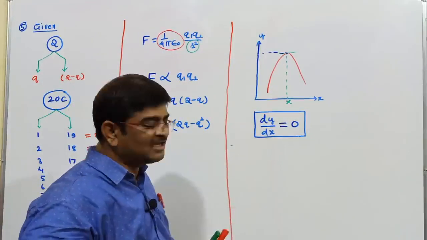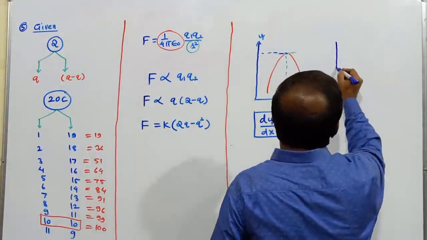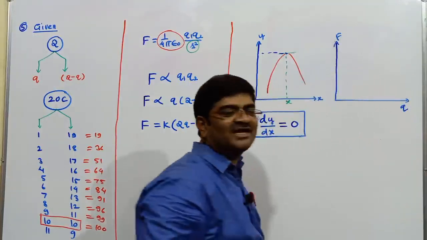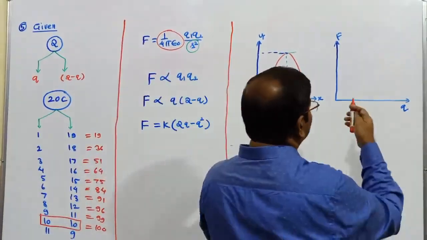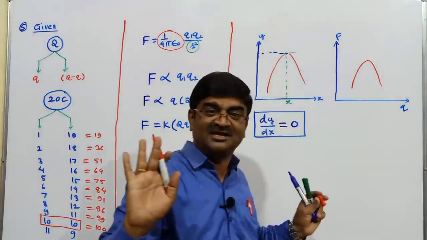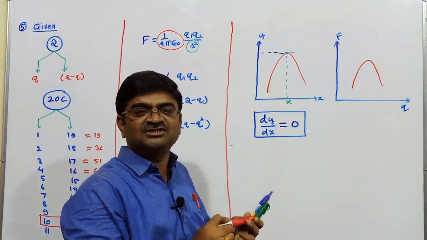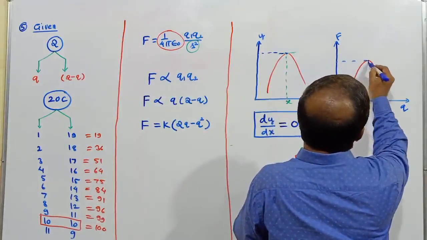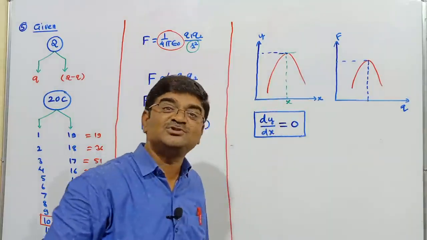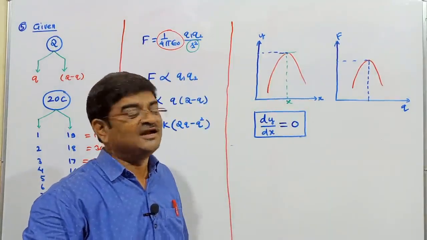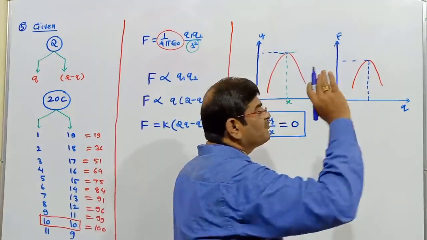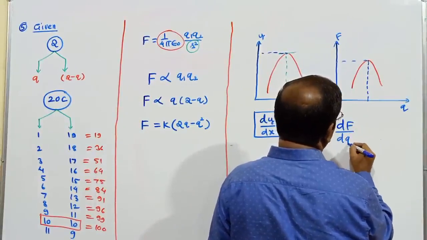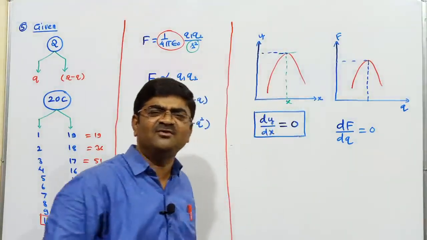The same way, I have got here a variation of force with charge q. Say the variation I am going to get is like this. For example, if the variation is in that pattern, I need to know the maximum value of F, and for what value of q F is maximum. Going with this pattern, I will have F maximum at that value of q at which dF by dq is equal to 0. I think we have not studied the derivative part yet.